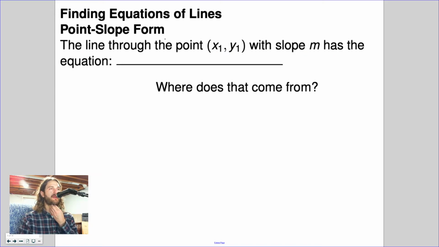We're going to talk about another form here called point-slope form. Point slope form is really useful for taking information and turning it into slope-intercept form. The point slope form is as follows: y minus y1 equals m times x minus x1. Okay, so fantastic. What does this mean, and where does it come from? You just pulled this equation out of thin air, and everyone's supposed to trust me? I don't think so, they say.